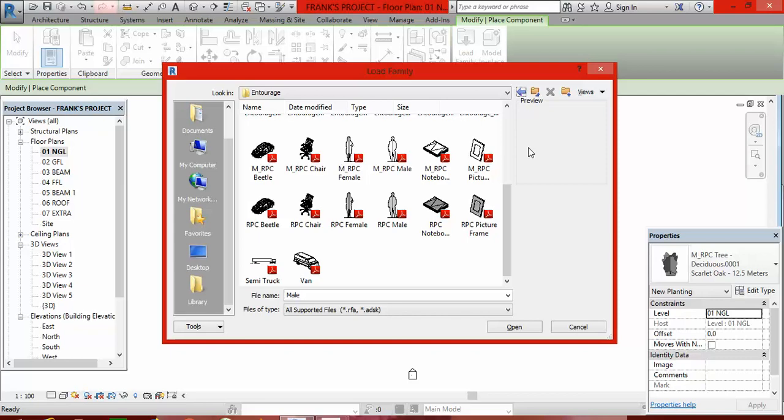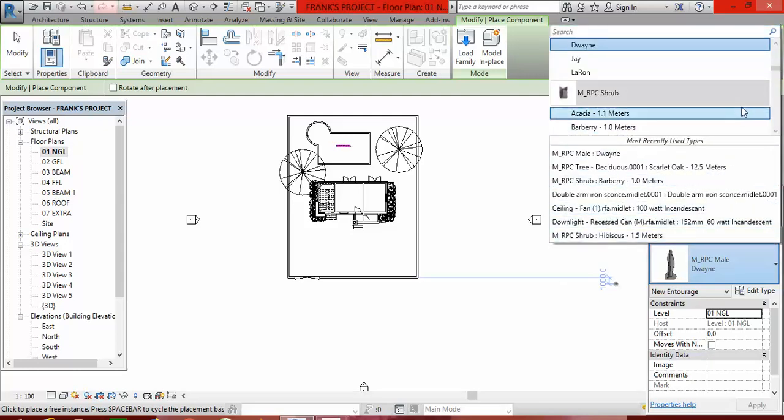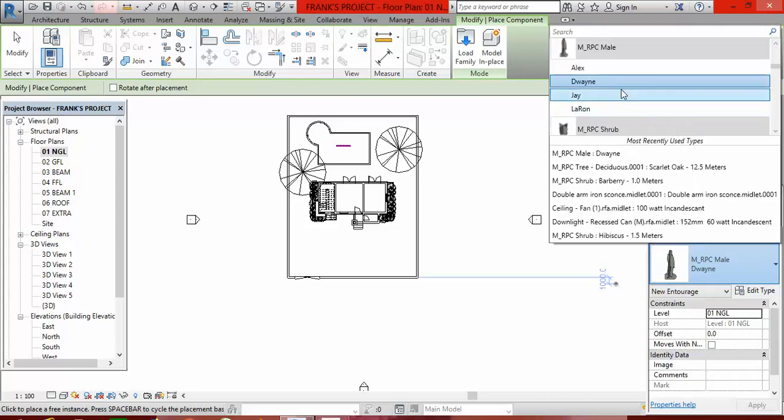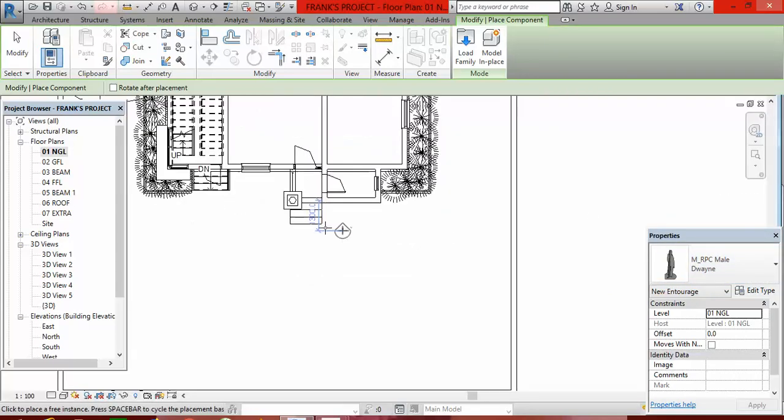Okay, let me go to male, double click on male. So if I click on this arrow, it will give me from this very place. If I click on this arrow, these are the male. I have Alex, you have Dwayne, you have J, you have Leroy. So you have to pick anyone. The one we have right now is Dwayne. So let's use that Dwayne. Okay, click on it and come where do we place it? Click it here